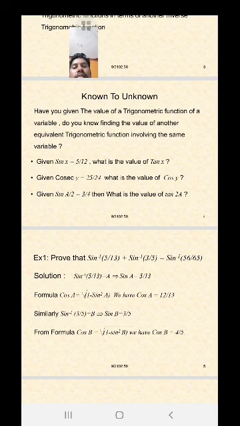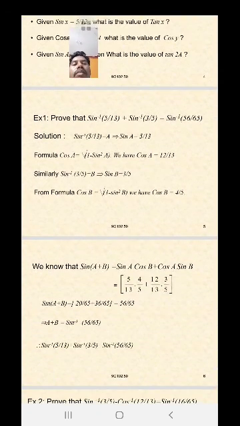Example 1. Prove that sin inverse of 5 by 13 plus sin inverse of 3 by 5 equals sin inverse of 56 by 65. The solution is